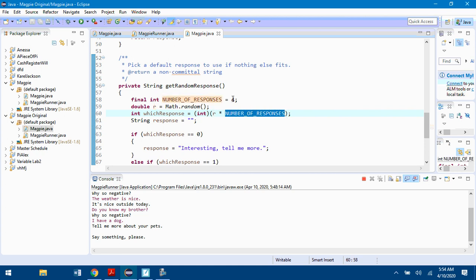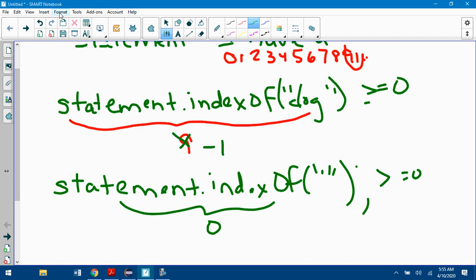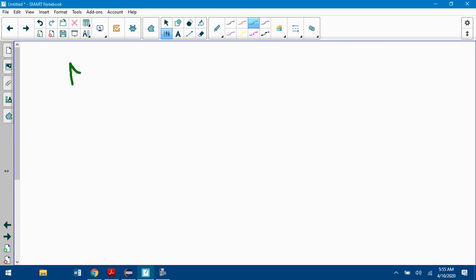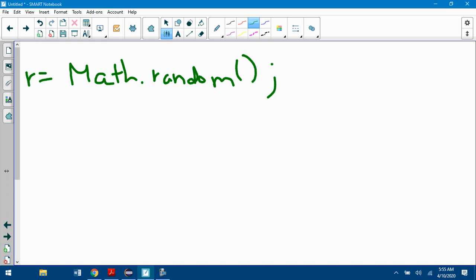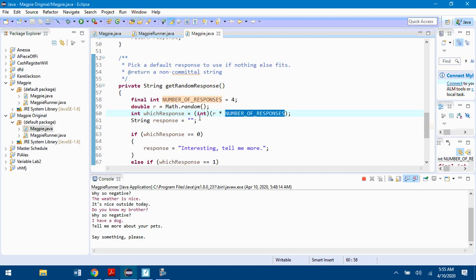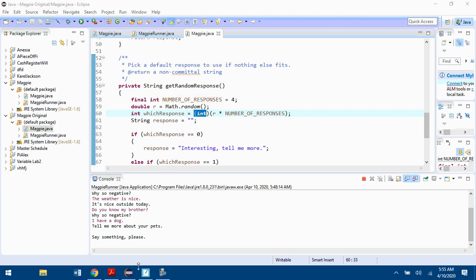So initially it's 4. Remember math.random, when you see that, this gives you a number from 0 less than or equal to x less than 1. So it does include 0, doesn't include 1. So you get some big long decimal between 0 and 1. So that second line where I cast it as an int, and I do r times number of responses.